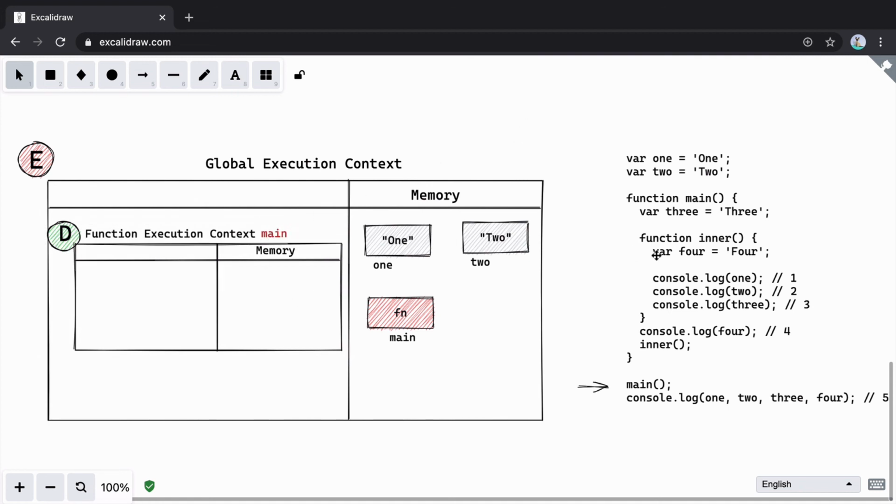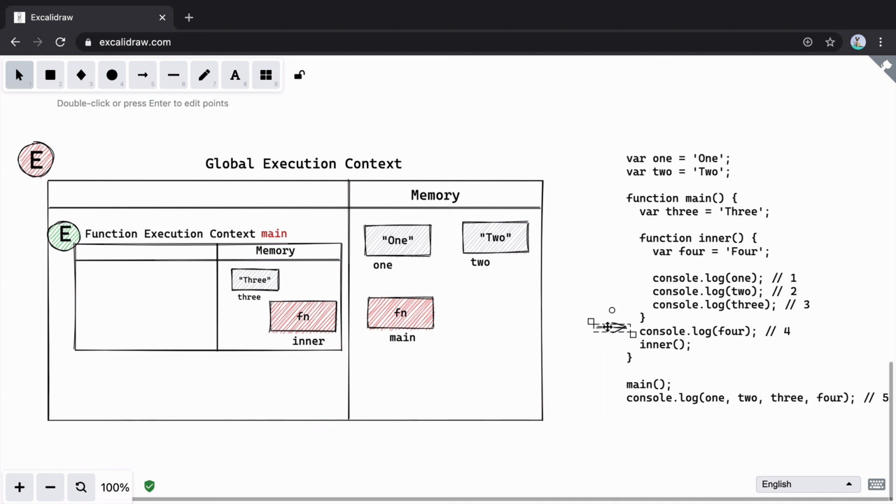And here in memory, this function execution context is going through declaration phase. So we'll go ahead and declare first variable, that is 3. And the value will be initialized to undefined. Then we have a function called inner. So let's create a function here. The name of the function is inner. And it is a function. Moving on to next, we don't have any other declaration, so we'll move on to execution phase. In execution phase, we are assigning a value of 3 to the variable named 3.